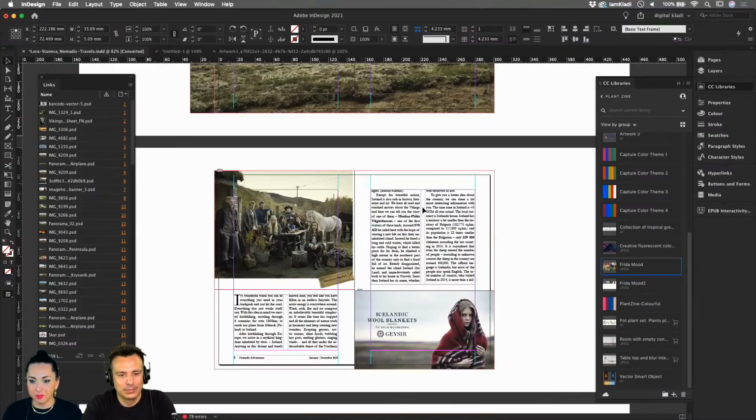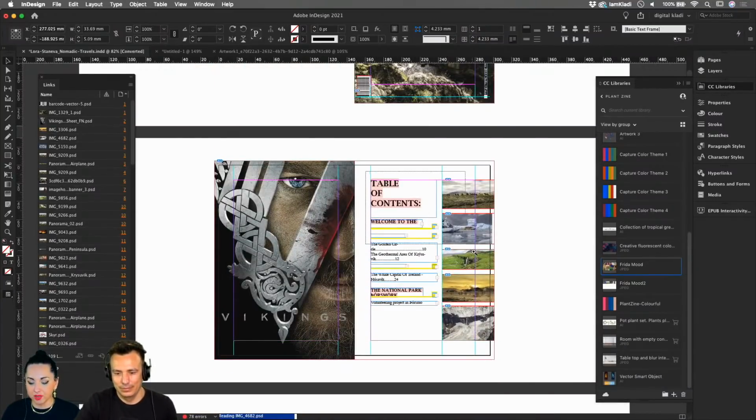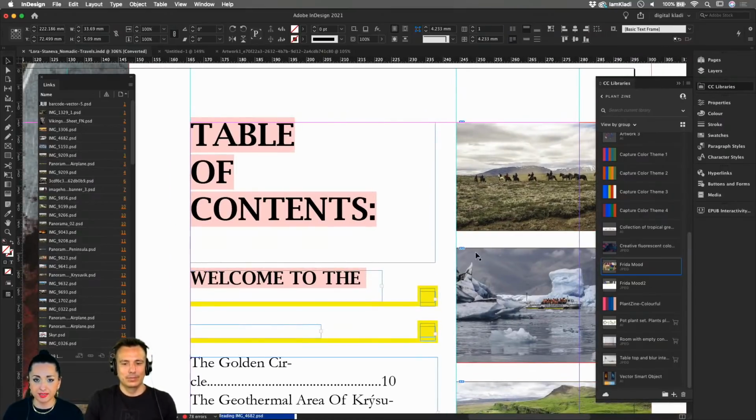Now, one last thing that I want to mention, and I've got 1 minute left, hopefully we can do it, is that one of the fonts in particular was this Lucida Bright. And by the way, how do I know the name of the font that is missing? First of all, I know that the font is missing because it's highlighted in pink. This is only going to be visible if you are in normal mode.